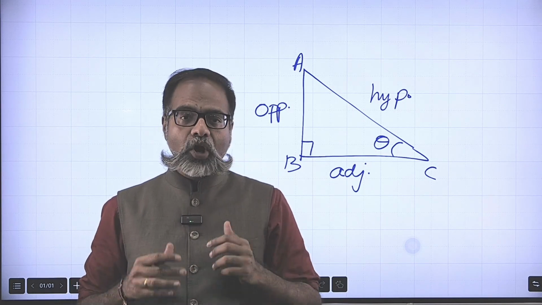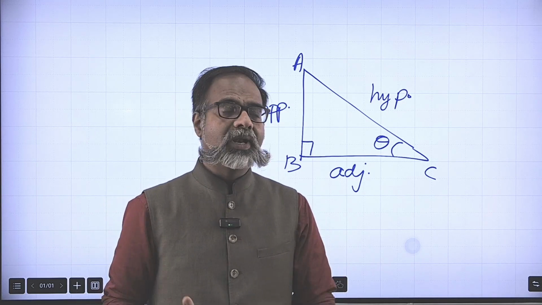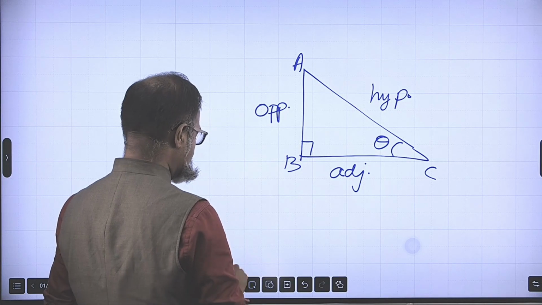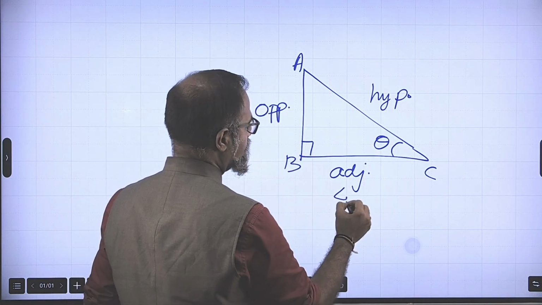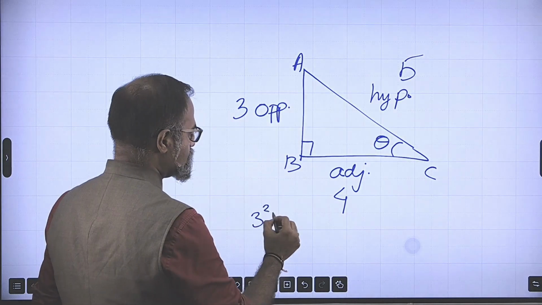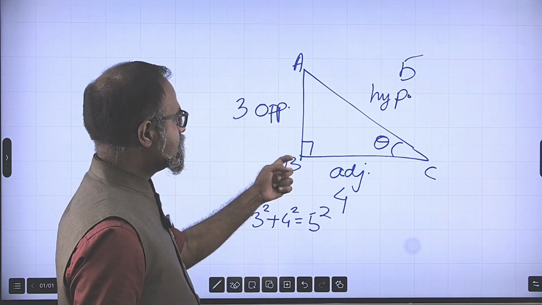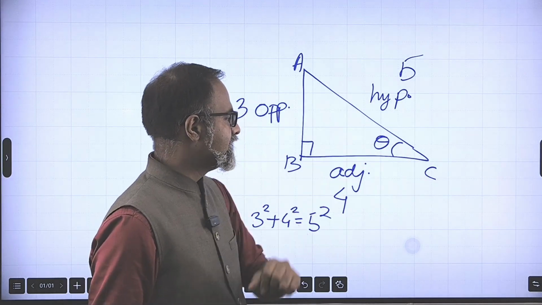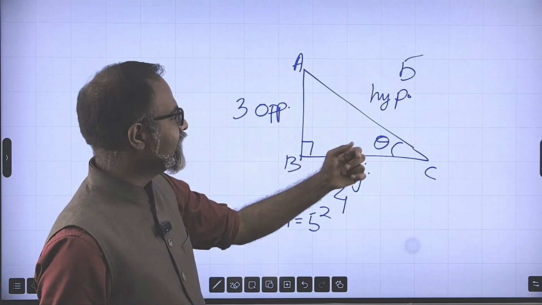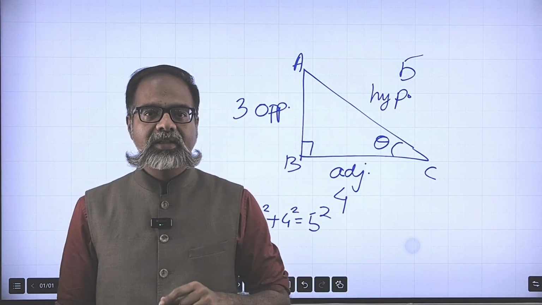Now, we all know the famous Pythagorean triplet, where if one of the sides is 3 and the other side is equal to 4 units, then the hypotenuse is 5. And why? Because 3 square plus 4 square is 5 square. AB square plus BC square is AC square, and because 3 square plus 4 square is 5 square, the length of the three sides can be 3, 4 and 5, with 5 being the largest side, which is the hypotenuse